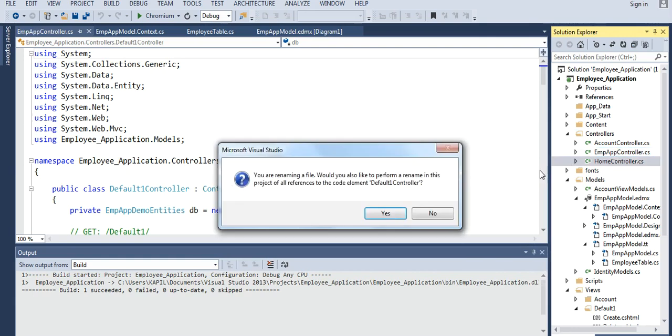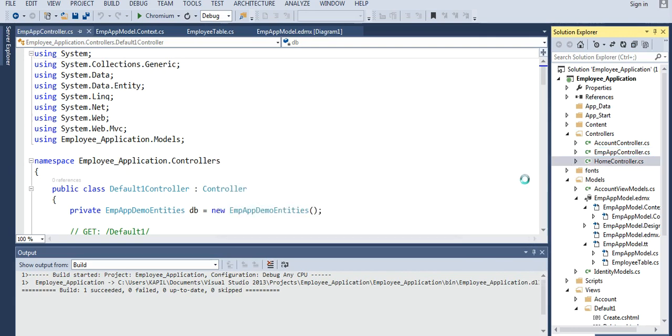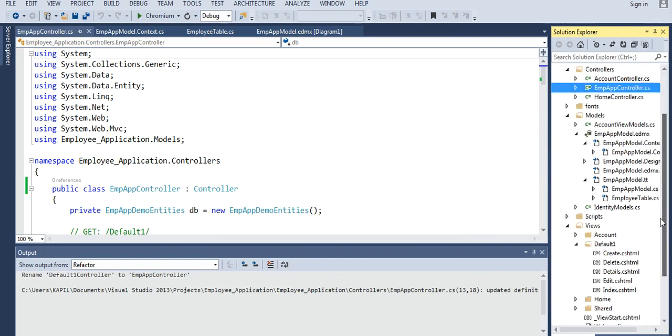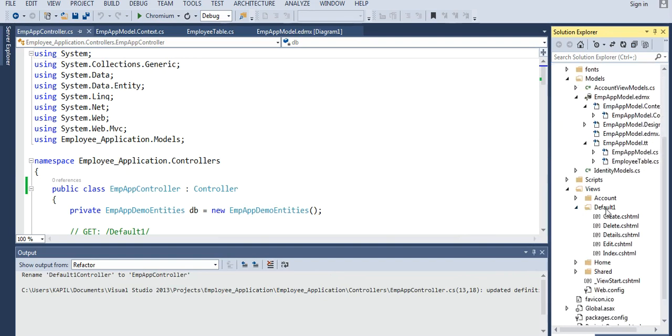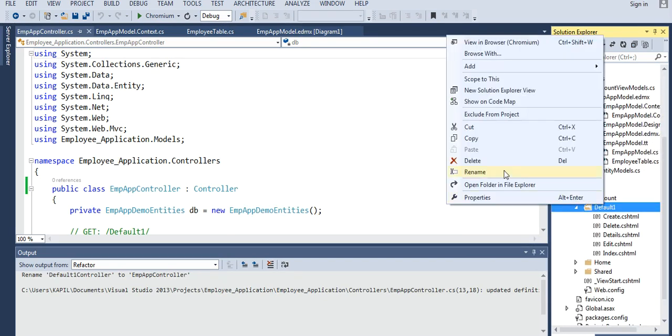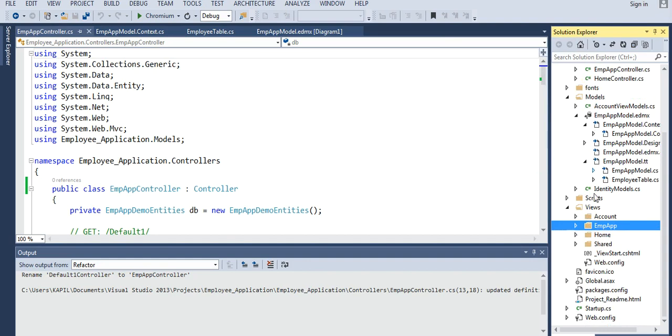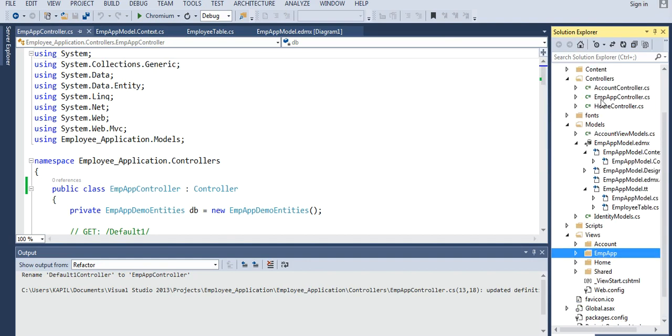Now just let me change its name also, EMP app. As you can see, our employee app controller gets created.